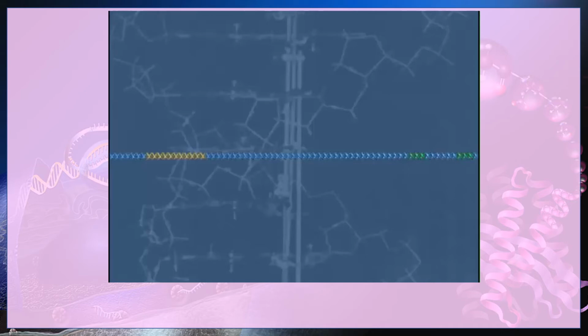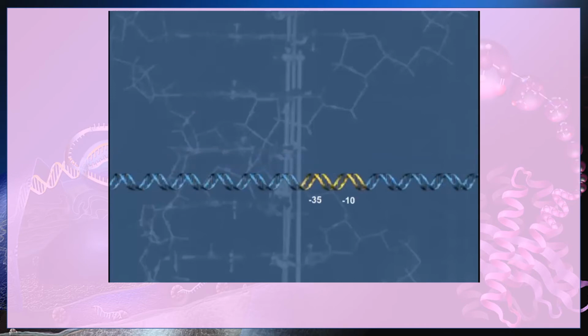In bacterial cells, the transcription of a gene or group of adjacent genes called an operon is controlled by a set of proteins interacting with specific sequences in the DNA molecule, leading to the initiation of transcription and the termination of a transcript. Transcription is initiated just beyond the yellow promoter region and is terminated at the green terminator site. The sequence of the promoter at positions 35 and 10 nucleotides upstream from the transcription start site are critical to